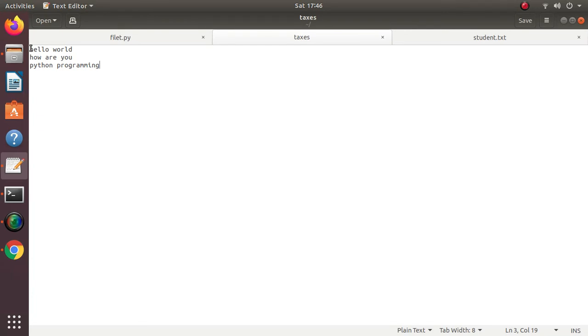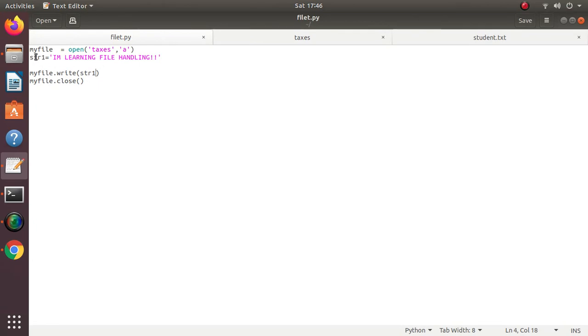But when we open the file in append mode, the file pointer is pointing at the very last byte of the file. So now when I start writing, it will write from here. Okay.